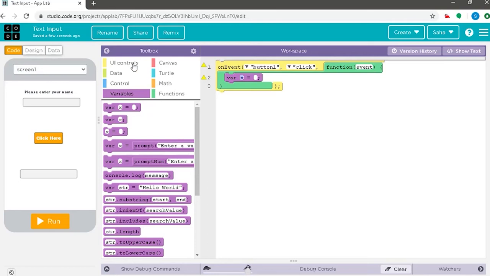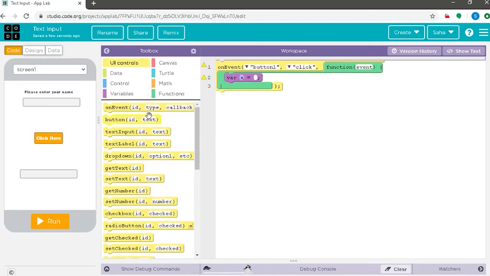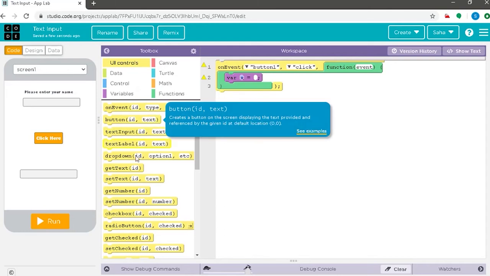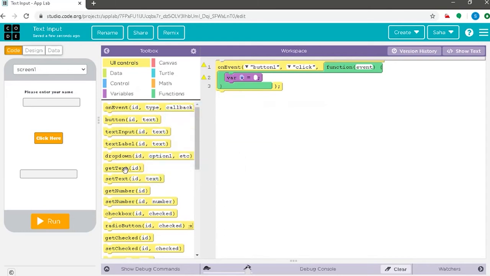For this, we again go to UI controls, drag the get text command, that is, we shall be saving the text entered in the input 1. So what is the ID of the input box which we have created where the user will be entering the text?